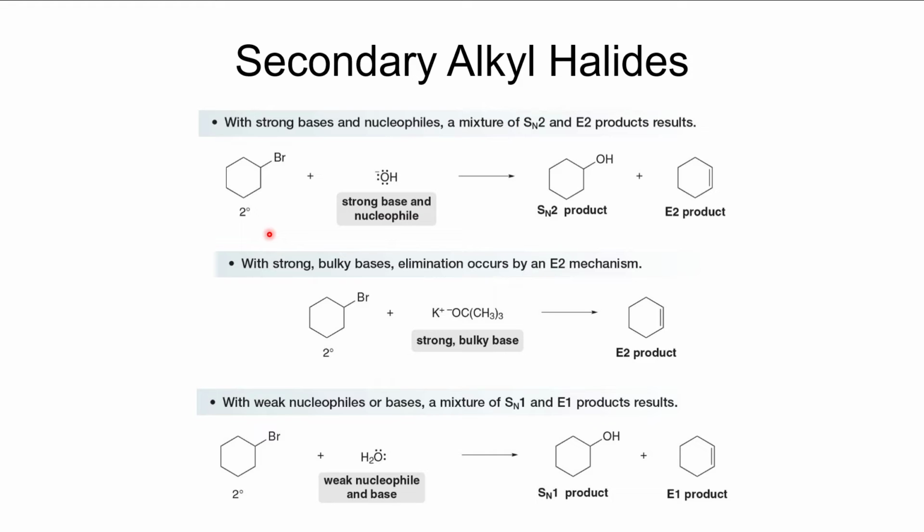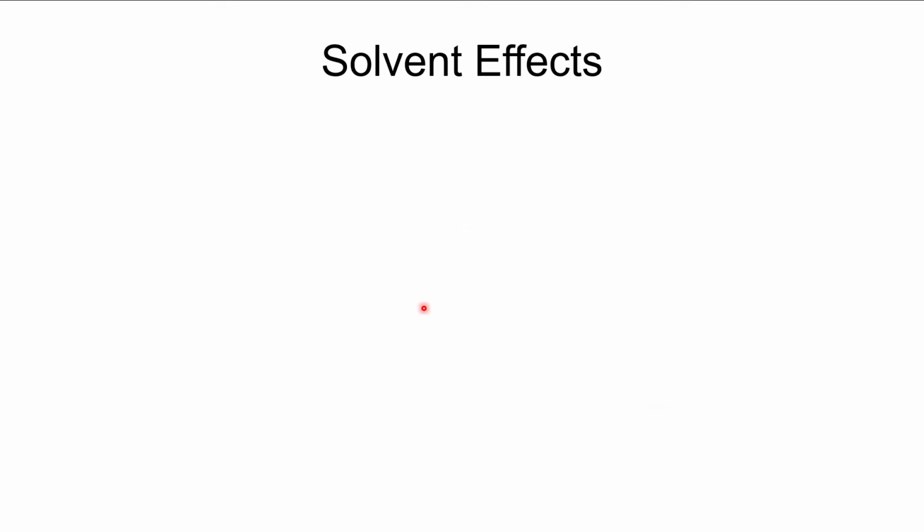And then if you have a weak nucleophile or a weak base, then you can get a mixture of SN1 and E1 products. This is part of why we just don't like doing SN1 and E1 as much as we like doing the SN2 and E2. Because here we end up getting a mixture of products, and it's difficult to control how much of these that we get. And now for solvent effects,